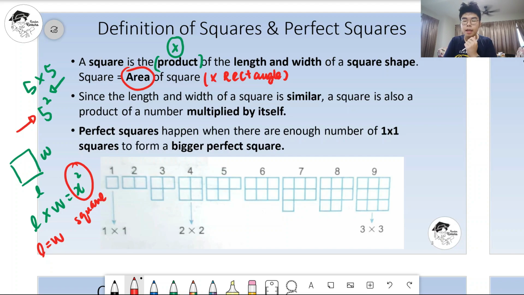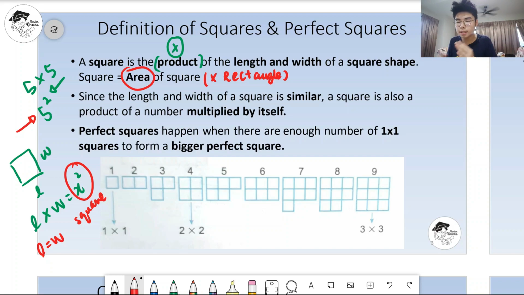So there is a very special kind of square. Semua nombor akan ada nombor kuasa 2 dia. Tak kisah apa nombor, 2.3 ke, 3.75 ke, 3 ke, 4, 5, 6 ke, 5 per 6 ke, 7 per 8 ke, tak kisah. Apa saja nombor tu ada kuasa 2 dia, sebab asalkan ada nombor tu, nombor boleh didarabkan dengan sendirinya sekali lagi. Let's say 7 per 8, darab 7 per 8, you akan dapat satu nombor juga. Jadi tak kisah apa nombor asal tu, darab dengan sendirinya akan jadi nombor tu kuasa 2.